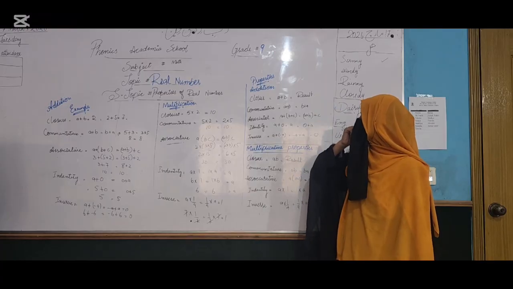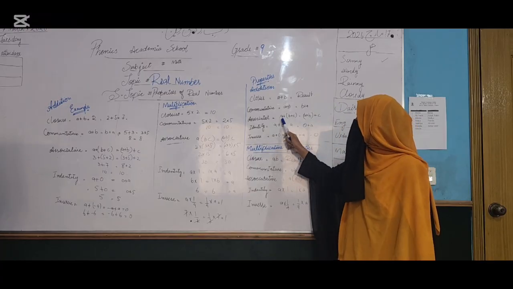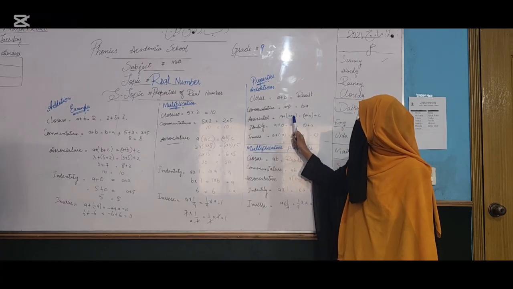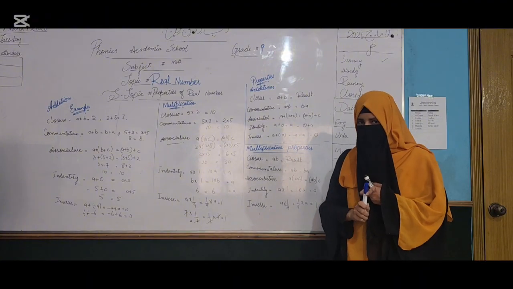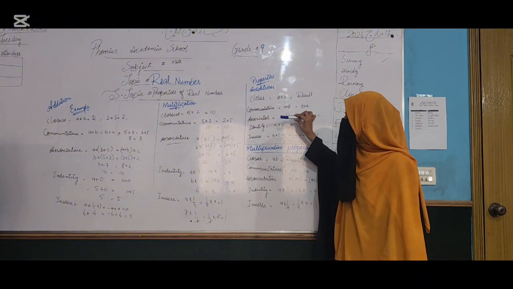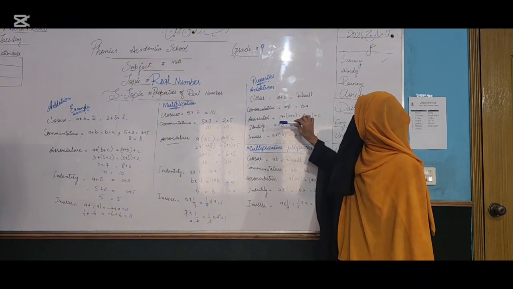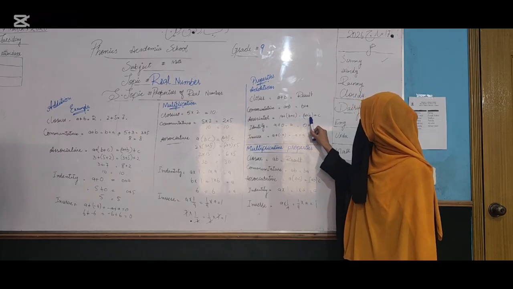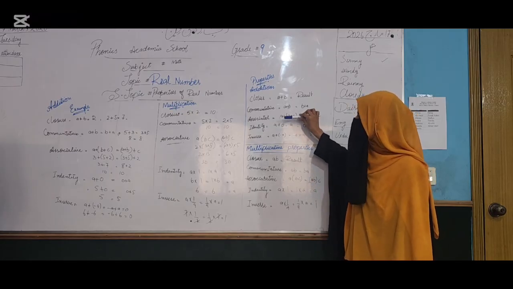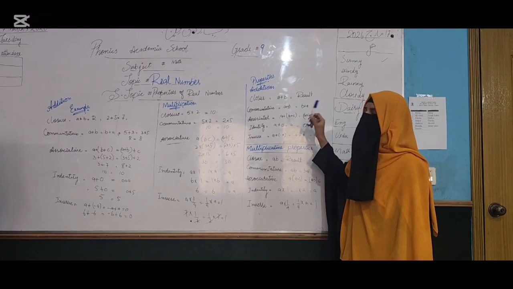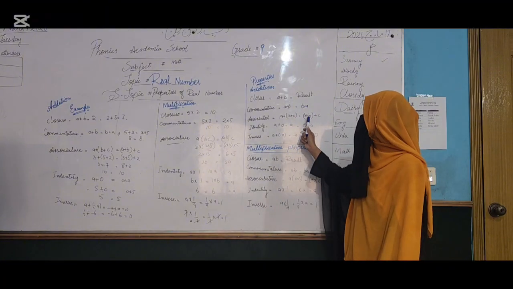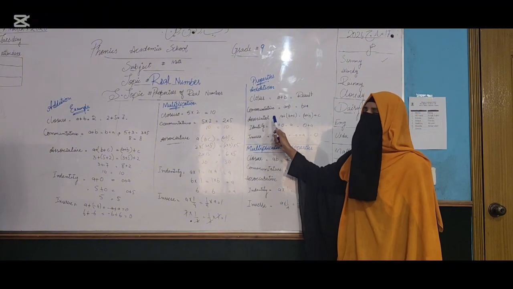Associative properties of addition: a plus bracket b plus c, which has three values, and the two values are closed in a bracket, and the other is bracket a plus b, plus c. Three values are added and the answers are equal to each other. This is called the associative property of addition.